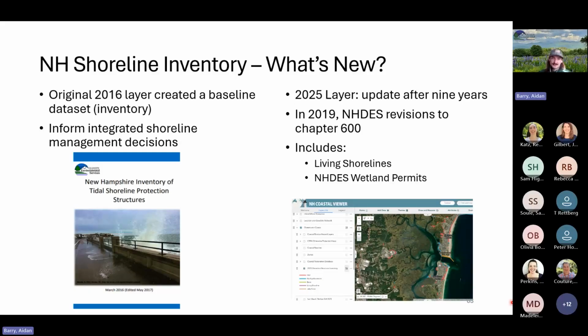One being in 2019, DES revised Chapter 600 rules, our tidal waters rules, specifically related to shoreline stabilization. Some of that language associated with really promoting or emphasizing nature-based solutions where possible prior to installing something that's more of a hardened or armored structure like a seawall. So we're really curious to see, since those rules and regulations have been in place, has the face of our shoreline structures changed in New Hampshire? So we're including living shorelines in this, as well as